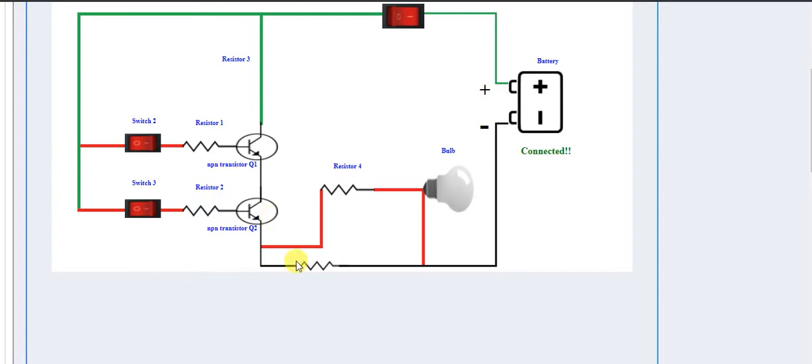Now you got a few questions. The very first question is, why are there two resistors here? The reason is the battery supply is being directly fed to the transistor. That is not a good connection. Whatever current is offered by the battery, the transistor will consume that current, and it will